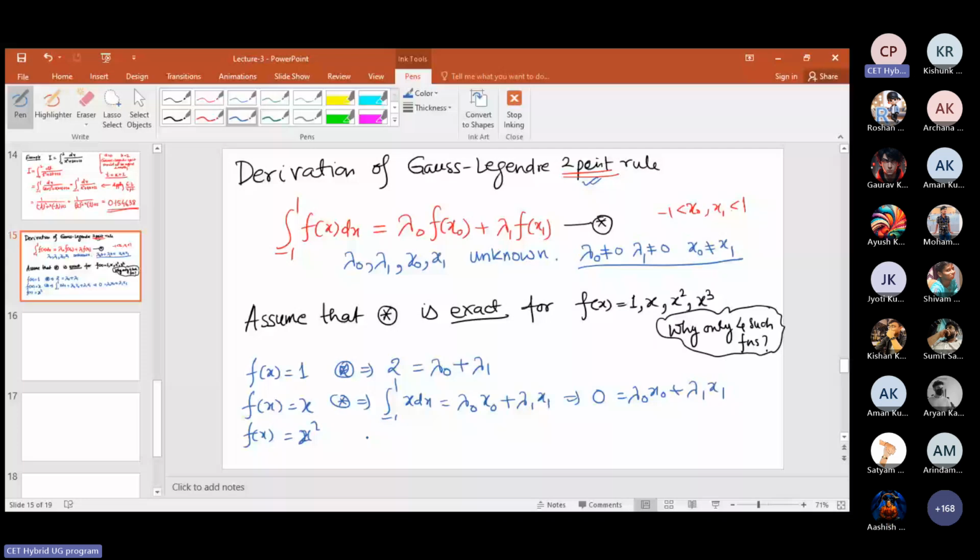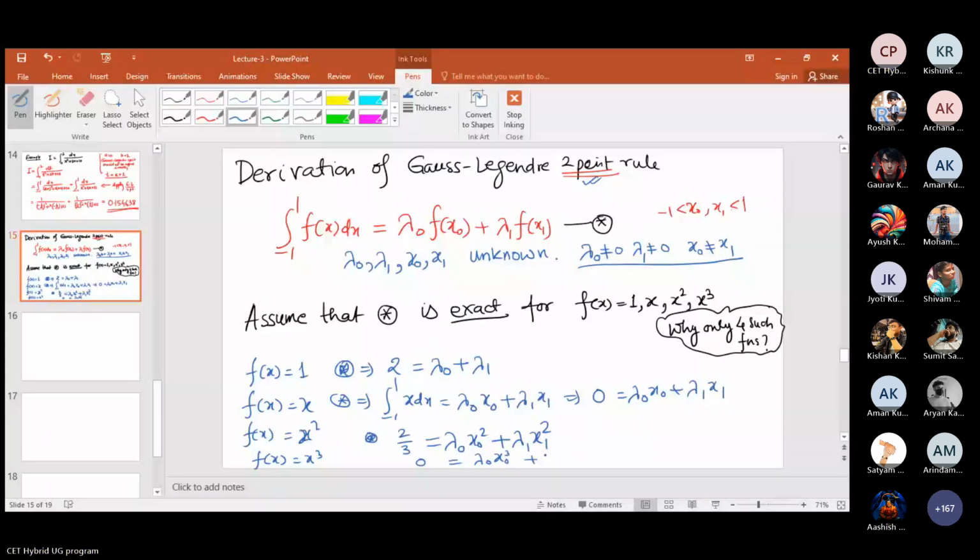सिमिलरली जब आप fx = x² रखोगे तो आपको तीसरी कंडीशन यहां से मिल जाएगी, x² का इंटीग्रल x³/3 हो जाएगा, दैट विल गिव यू 2/3 = लैम्डा 0 x 0 स्क्वायर प्लस लैम्डा 1 x1 स्क्वायर। और लास्ट कंडीशन जब fx = x³ रख देंगे तो फिर से ऑड फंक्शन है तो हमें 0 मिल जाएगा, तो 0 = लैम्डा 0 x 0³ प्लस लैम्डा 1 x1³। ये हमें 4 इक्वेशंस मिल गईं, ठीक है ना।